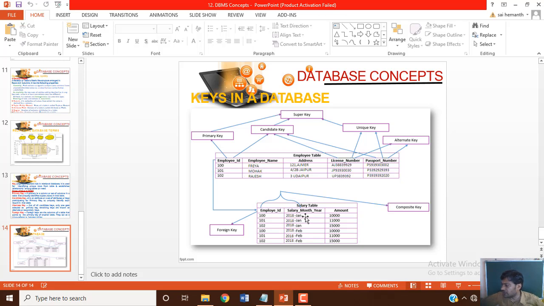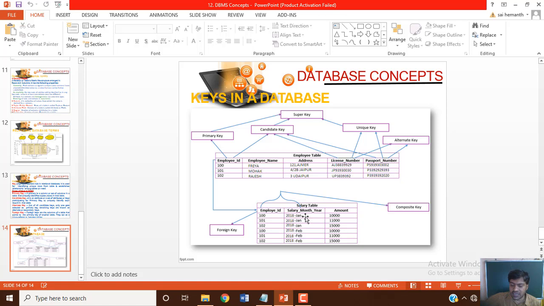The composite key is one having a combination of more than one attribute to uniquely identify records in a table.